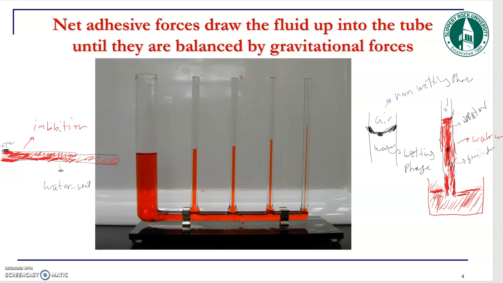Now, we define capillary pressure as the pressure which is required to push the non-wetting phase into the tube in order to remove the wetting phase from the tube. How much pressure do we need? Again, the pressure that is required to push the non-wetting phase, in this case air, to displace the water